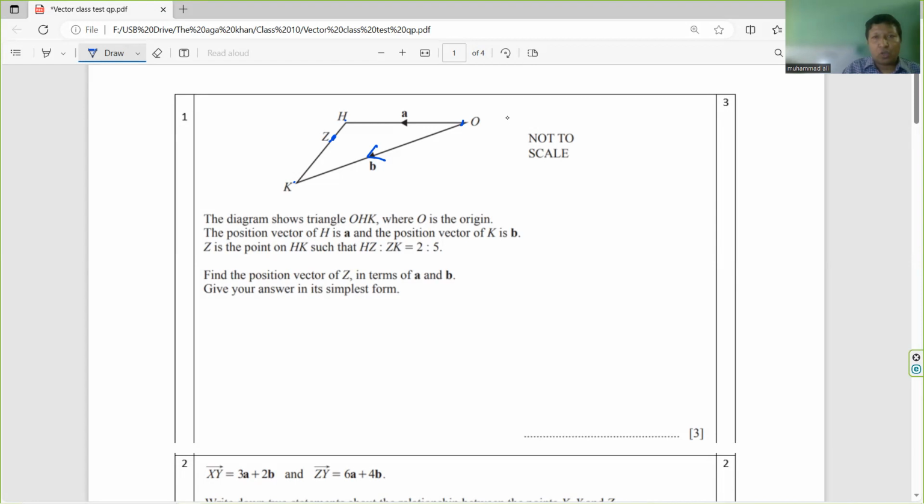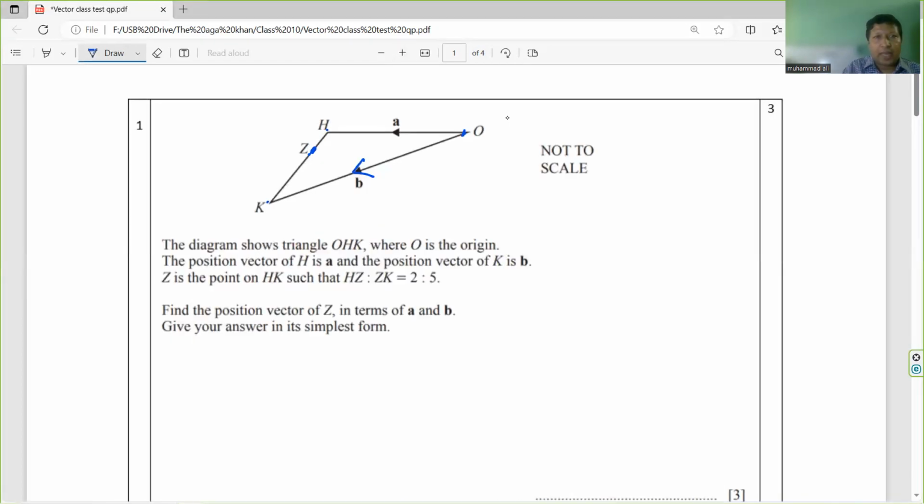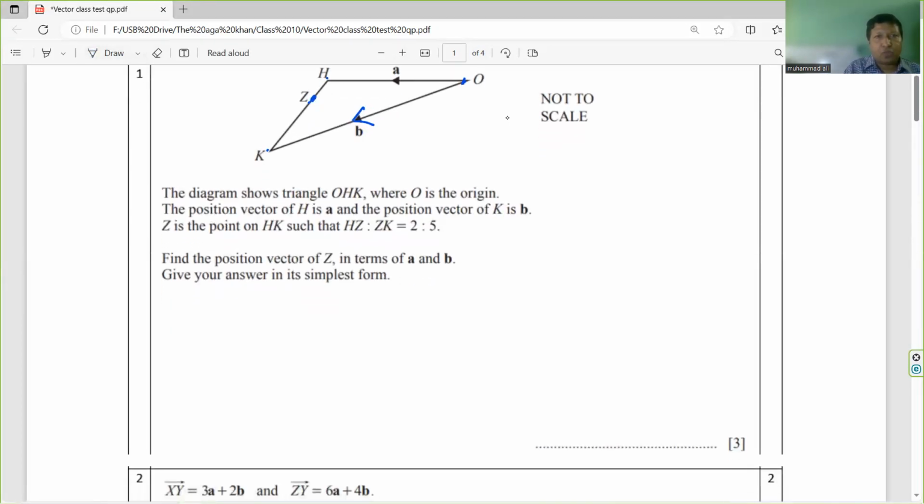So at first, we should find out HK. We know the head and tail formula. HK equals HO plus OK. So HO equals minus A and OK equals B. After that, if we want to find the position vector of Z, meaning the OZ vector, we have to find